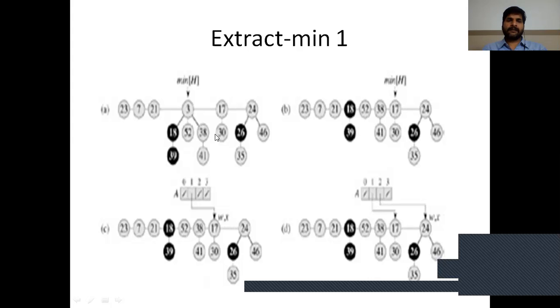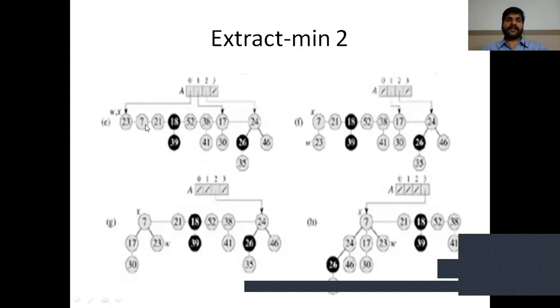this level is upgraded and acts as a root node. So the roots are 23, 7, 21, 18, 39, 52, 38, 41, and 17, 30. And min is shifted to the next, 17. But after the extraction of min, this node is not the min, so we apply consolidation. The order of 17 is 1 and the order of 24 is equal to 2. This is circular; the information content of 23 has order equal to 0.